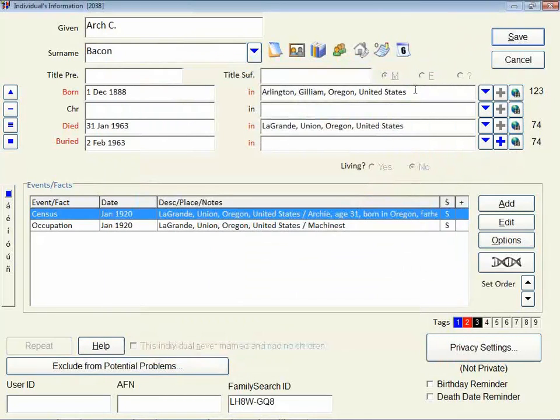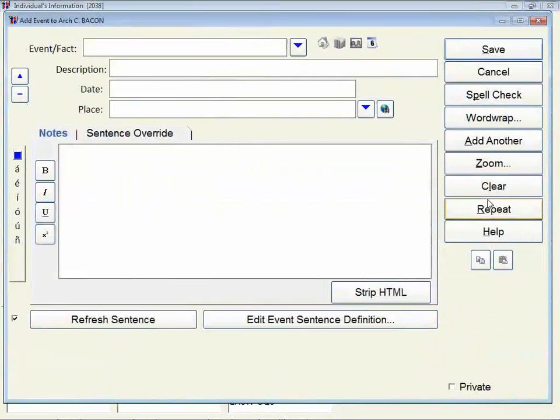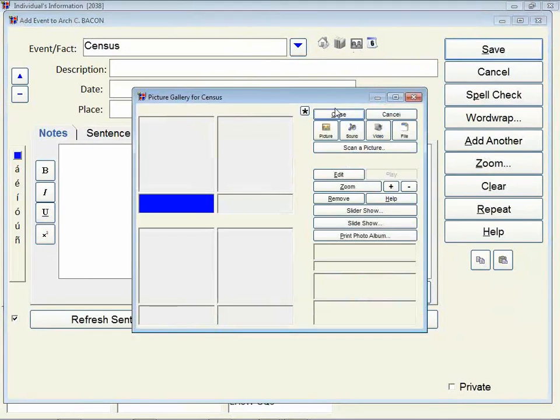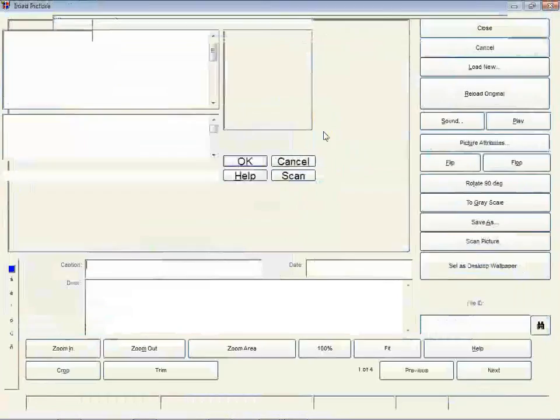So he's asking, if you find a census image, how would you add that to Legacy? Let's say I'm going to just use this person here, and if you follow the instructions from the census webinar, let's click on the Add button, and you would go through filling in this data, and then we click on the Picture button, and we would click on the Picture button one more time,